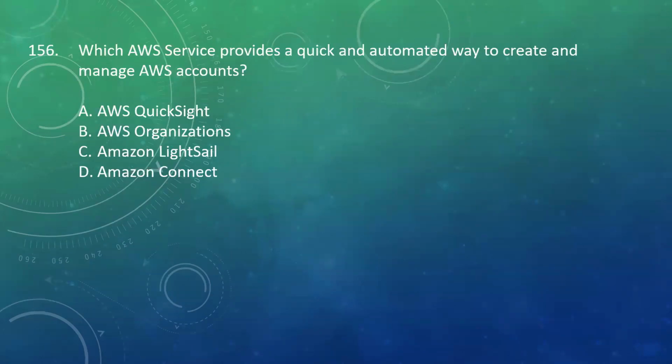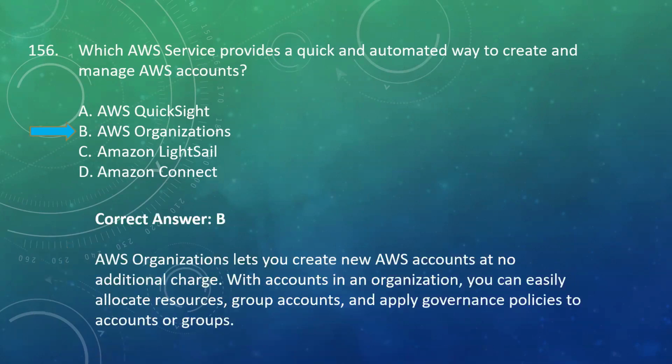Let's look at question 156. Which AWS service provides a quick and automated way to create and manage AWS accounts? Your options are AWS QuickSight, AWS Organizations, Amazon Lightsail, Amazon Connect. And the correct answer in this case is option B, AWS Organizations, which lets you create new accounts at no